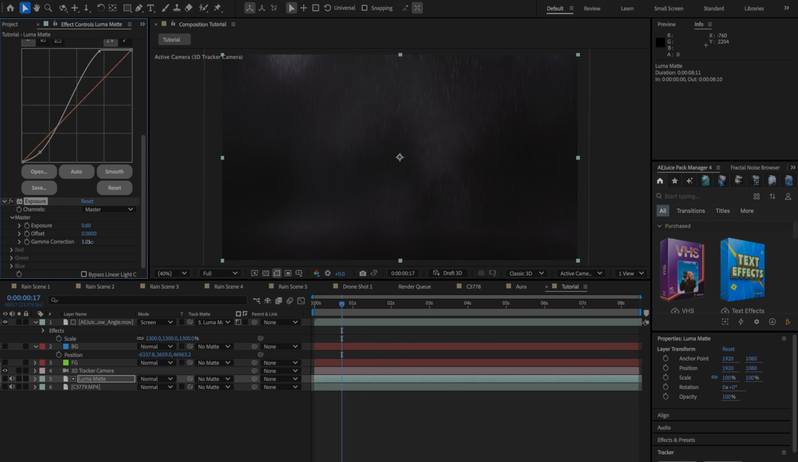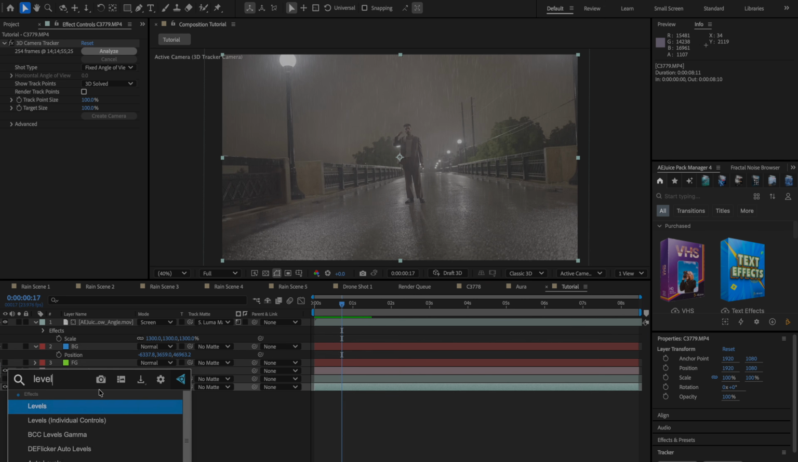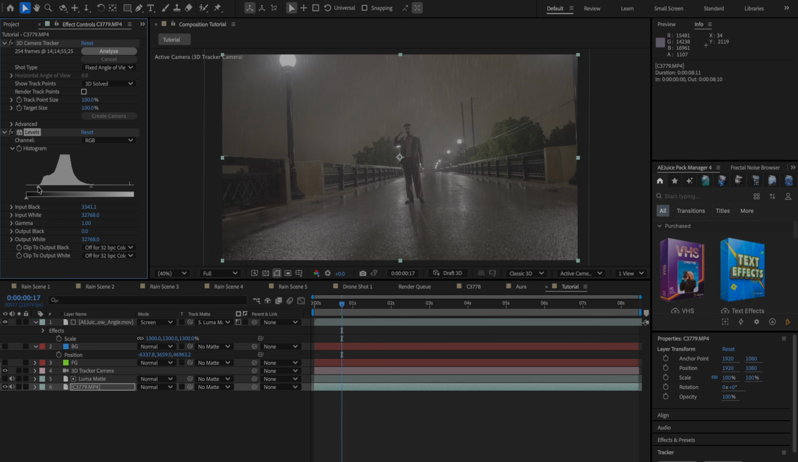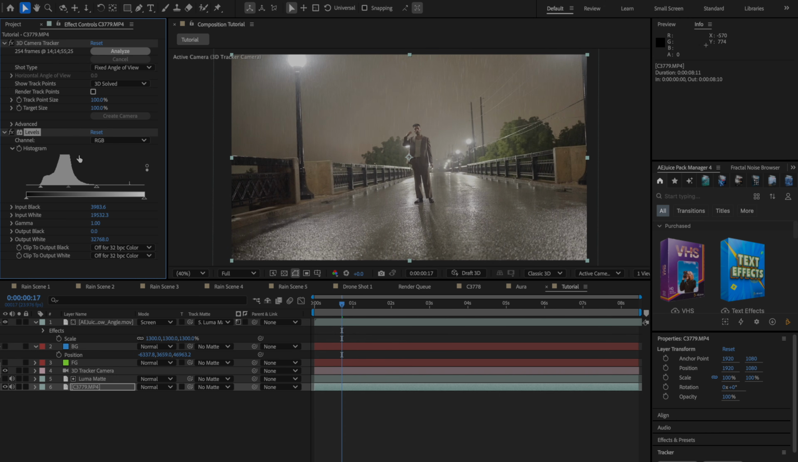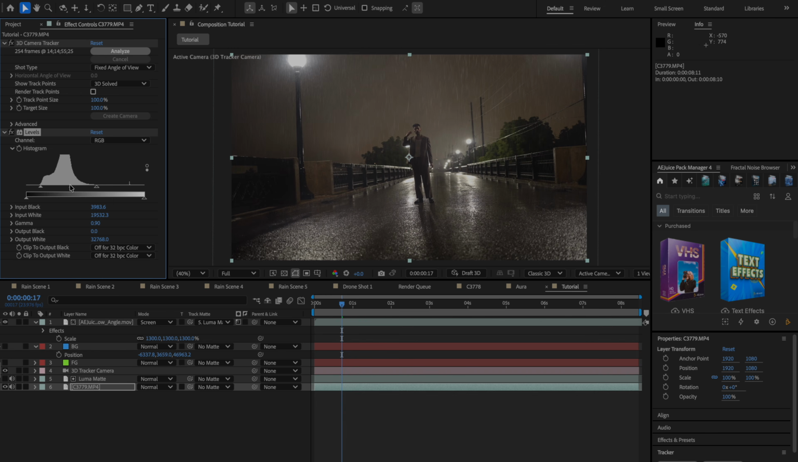Playing with the gamma will just add some more contrast inside the image. But like I said, you could definitely play around with this and figure out what works best for your scene. And do remember, this is log footage. So what I'm going to do is just add a levels effect and we'll crush the blacks. And we will crush the whites over here just so we get a better, more accurate representation of what's happening